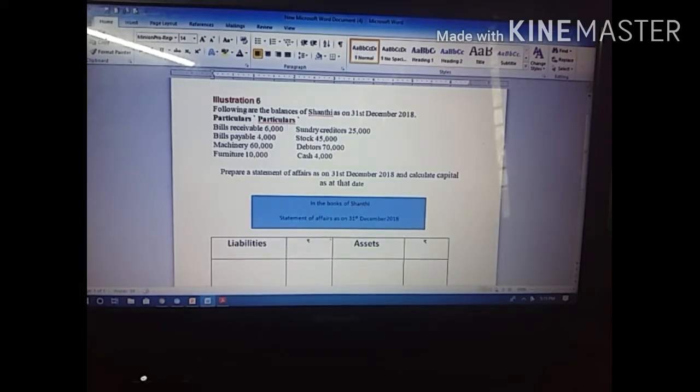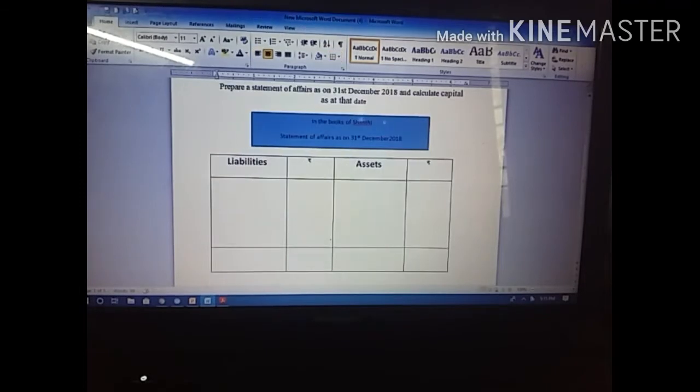So likewise you have to open the format. I didn't have a ledger note, so I have to open this. You have to open the statement of affairs on the double side of your ledger note. Right hand side is assets, left hand side is liabilities. You have two columns, inner column and outer column. If we have any adjustments, then we use the inner column. After adjusting, we post it into the outer column. If you don't have any adjustment, then you put the amount in the outer column only.